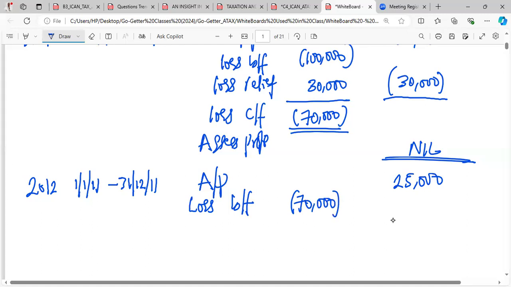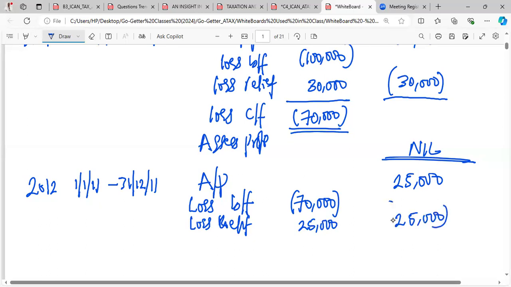Now, you are owing Mr. Profit 70,000. But Mr. Profit is asking now, can you give me 25,000? Sources anywhere, I don't want to know. Can you give me 25,000? So it means that the relief that you can grant, which is loss relief, is 25,000. It will come down here,